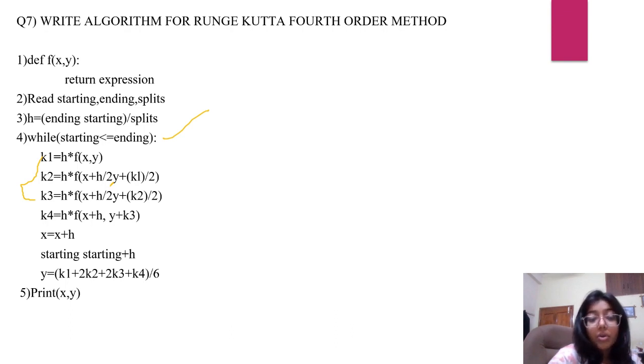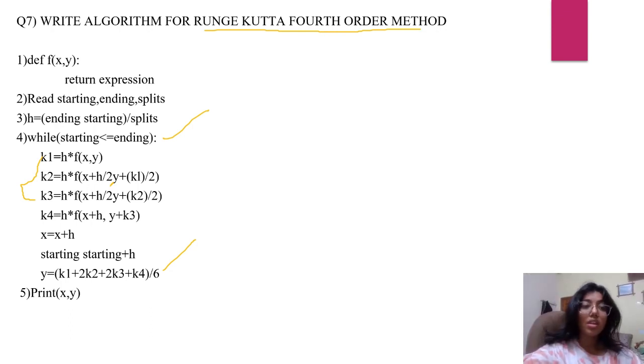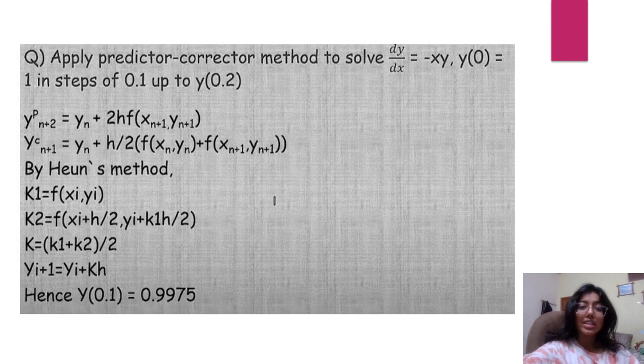Then y is equal to y plus (k1 plus 2k2 plus 2k3 plus k4) upon 6. This gives the formula of the Runge-Kutta fourth order method. Print x comma y. So this was the algorithm of the Runge-Kutta fourth order method. Now this is another question that says apply the predictor corrector method to solve